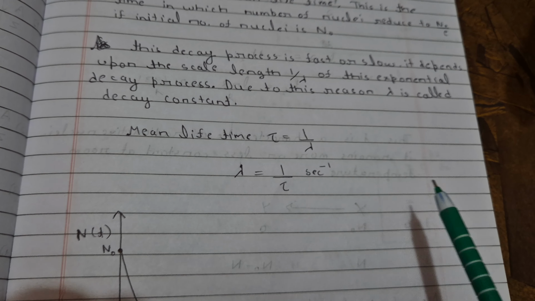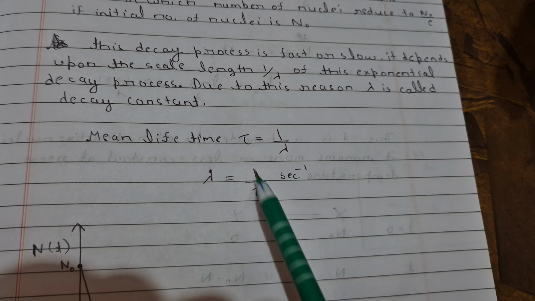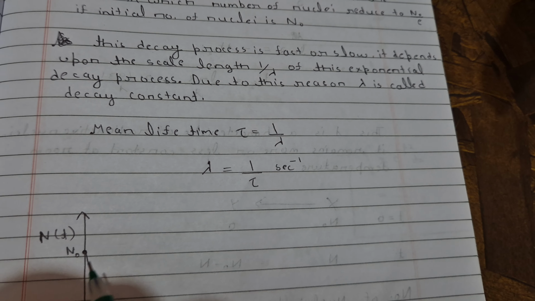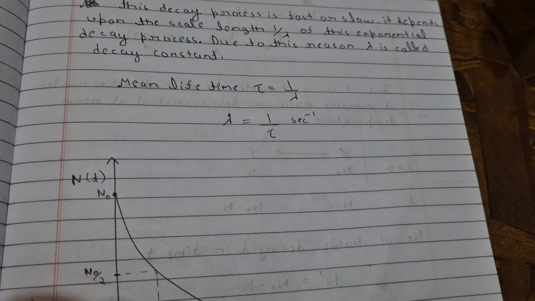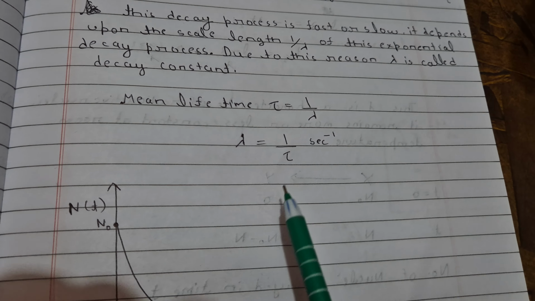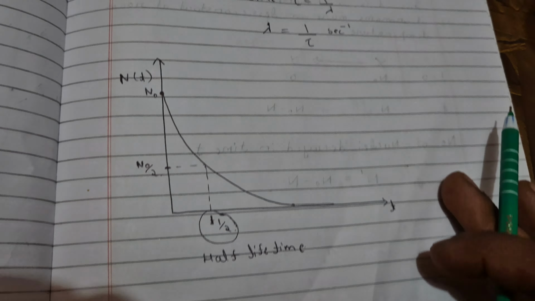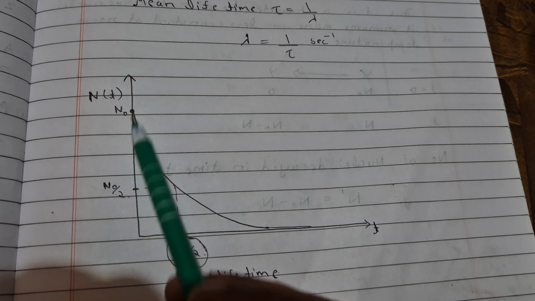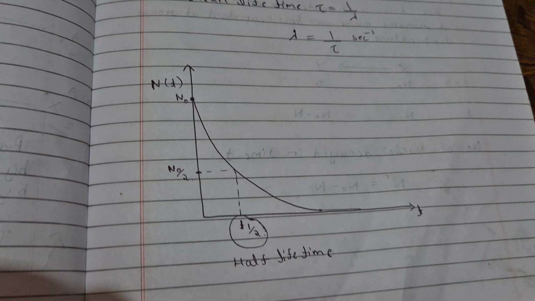Now see, we need to find the mean lifetime, that is 1 upon lambda. We'll prove how this value comes. In 12th standard or 11th standard, we use the direct formula that mean lifetime is 1 upon lambda. And this is the time in which the whole nuclei reduce to 1 upon exponential of the initial value. That is called the mean lifetime. From here you can find the value of lambda also, that is 1 upon tau, in inverse seconds. If you plot this N with time, N of t will become half of N naught, the initial value, in a particular time, that is called the half lifetime. So you must remember these terms.